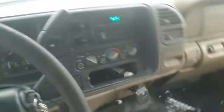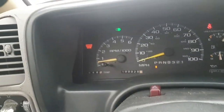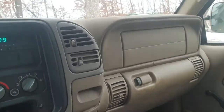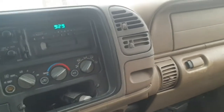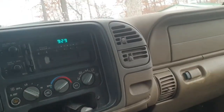Look, she's almost ready to go. And through this, I'm gonna hit 200,000 miles. Like I said, I don't really think this is a real mileage, but, well, whatever. I'm gonna hit 200,000 miles. Oh, I gotta adjust that mirror. Anyways, hopefully this thing makes it. There's a good possibility of this thing ending up behind the Ranger or a tow truck, or I don't know. Anyways,